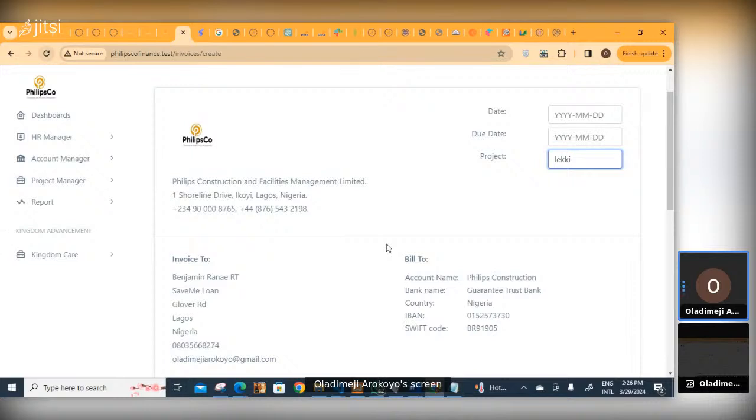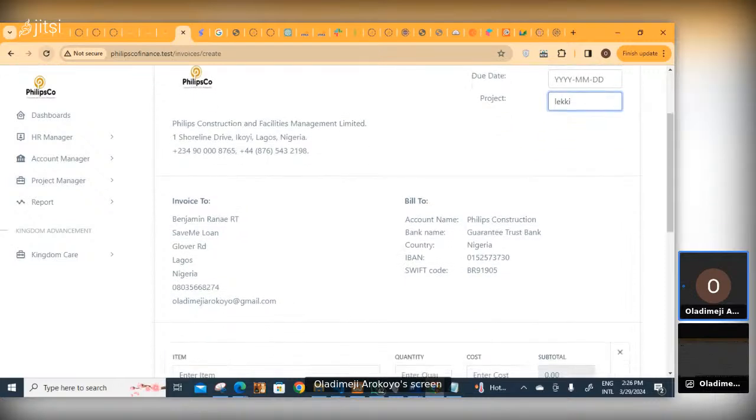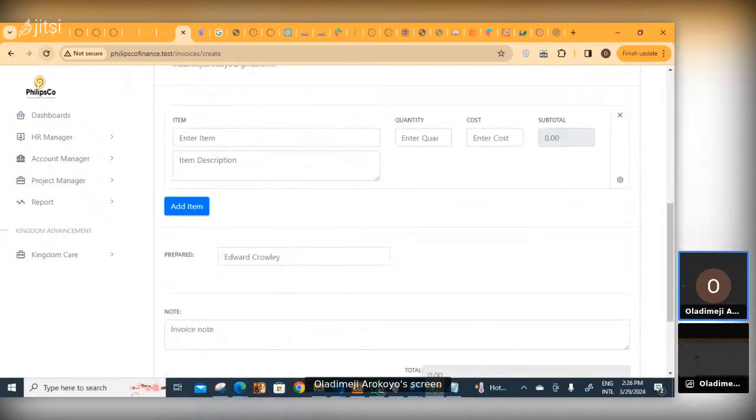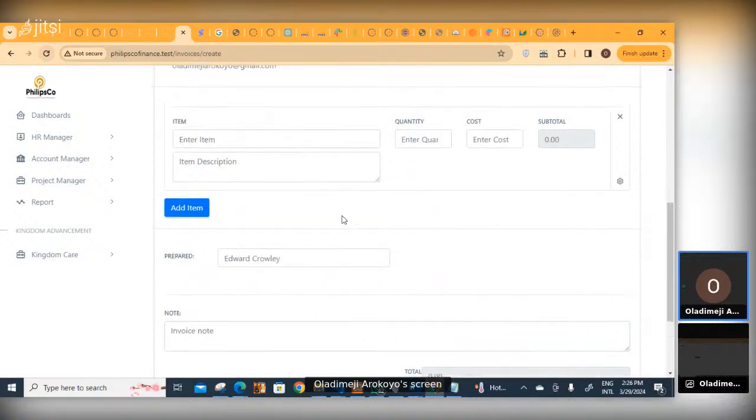That's why anywhere you're making a change, it affects one part of the code and one part of our system to the other part. Generally, everything is just linked together like that. So yeah, we have our dynamic client details there. Then here is where we add the details of the invoice items, the quantity,